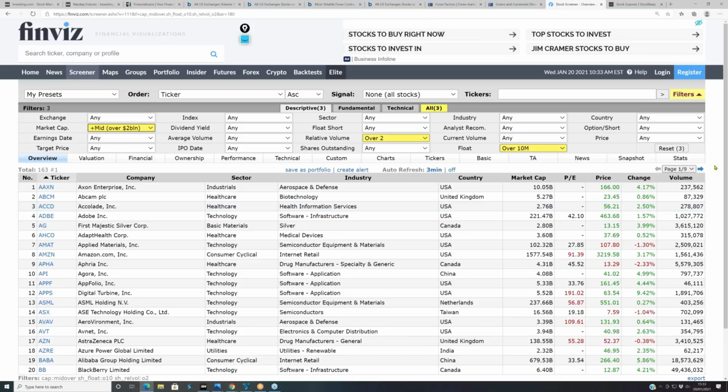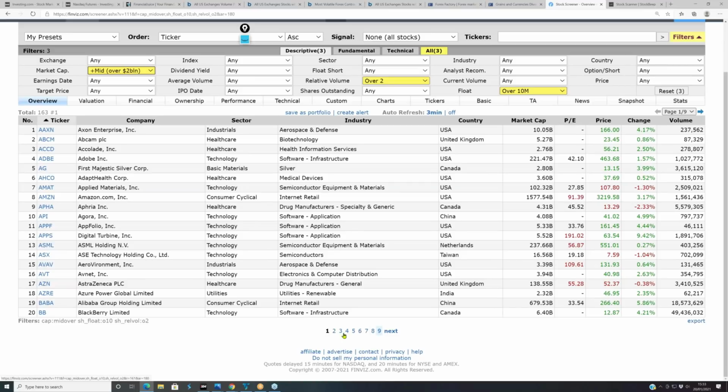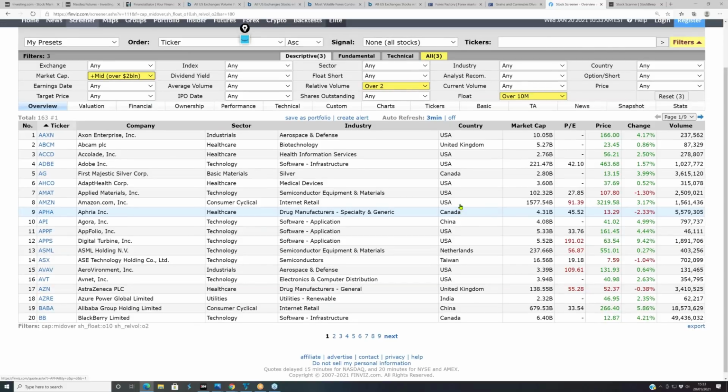So basically what FinViz delivered was 9, really not that many. This is sort of an initial selection. It also brings up stocks from the UK, India and China, and I just want the US, so I'd have to go in and filter them again. Finally, in filters,